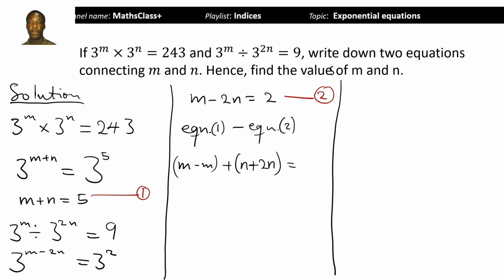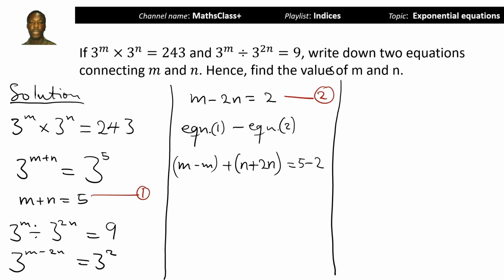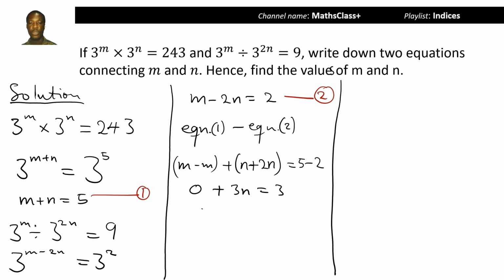And 5 minus 2. So here I get 0, here I get 3n is equal to 3. So 3n equals 3. I divide through by 3 and I'll get n to be equal to 1. Now, having obtained the value of n to be 1, I'm going to substitute 1 for n